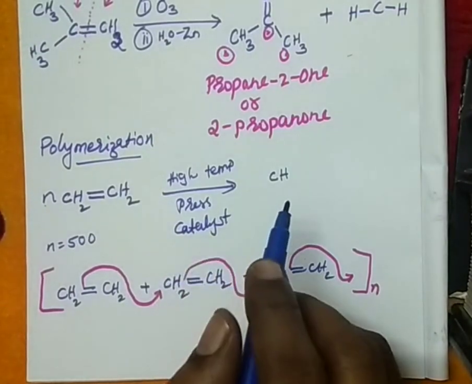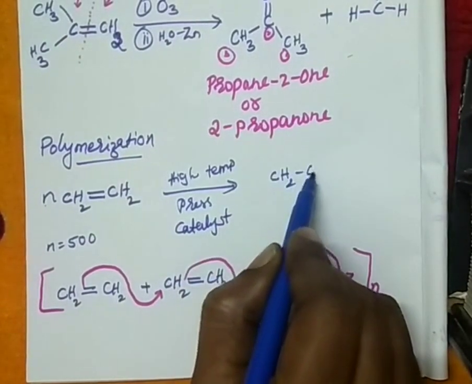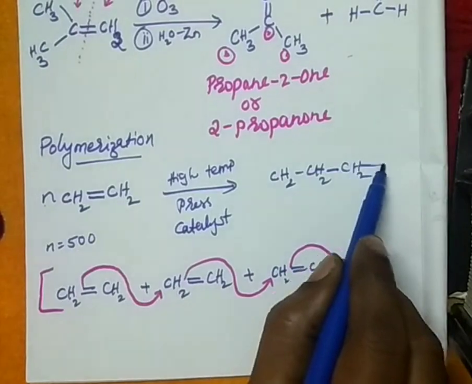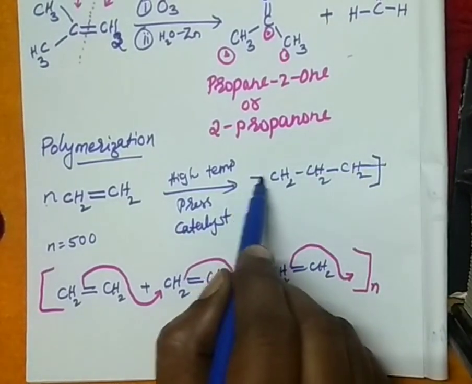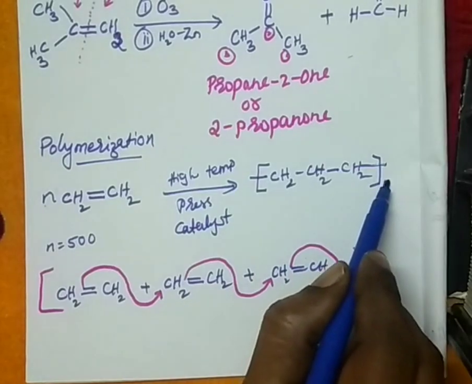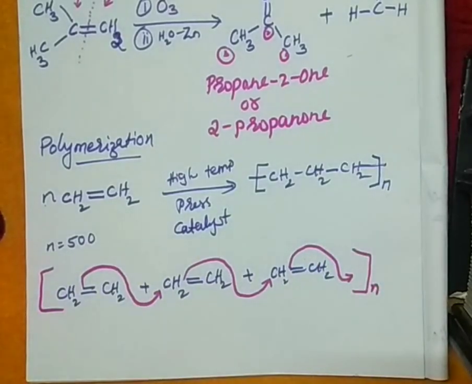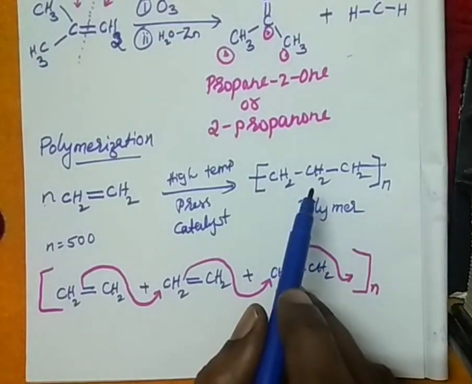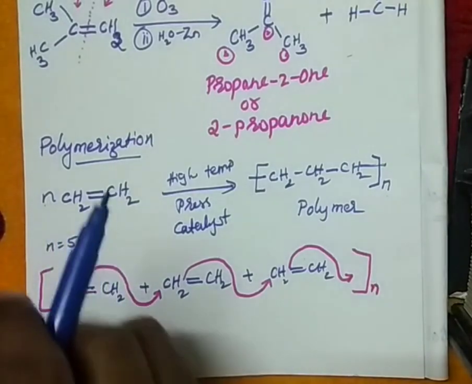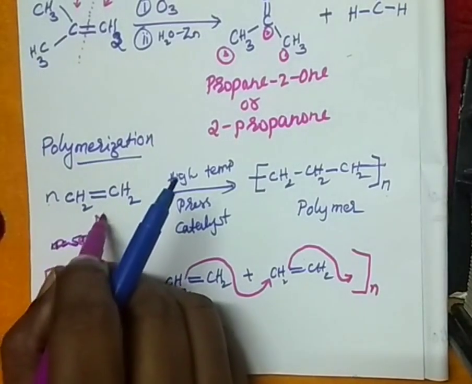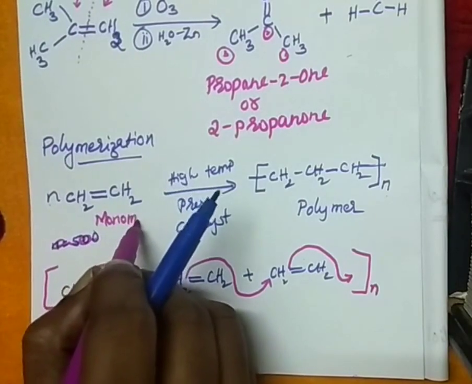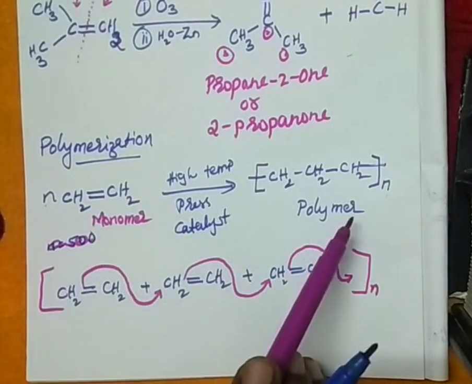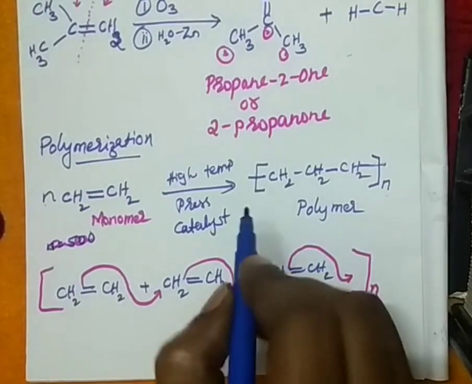Then what is the product you will get? See here, CH2, CH2, CH2, like that. How many times? 500 times if n is 500. Therefore I can't write 500 times. I will write it like this, with a bracket, and write n here, or if I know n is 500, that number. This is called a polymer, which is a large molecule now having more molecular mass, and this is the repeating unit, therefore I call it a monomer. You don't need to worry about the mechanism for this also, right? So the name of this polymer is polyethene.